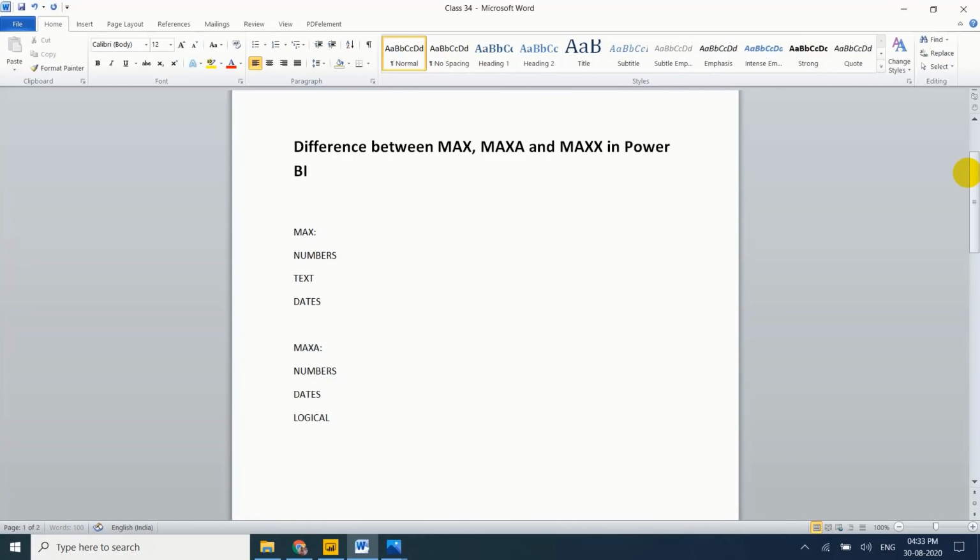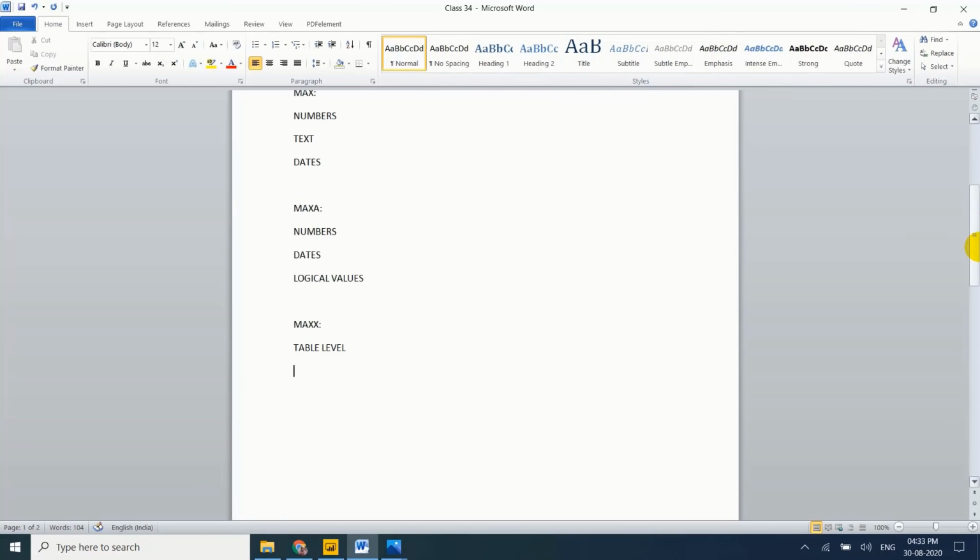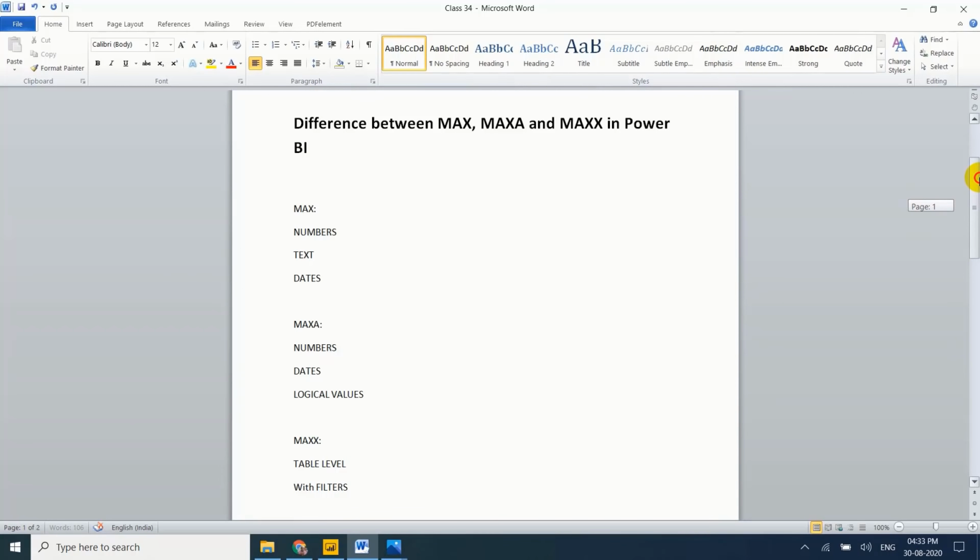Okay, it will work for logical values. And MAXX works like MAX and MAXA at column level, and we can declare it with the filters. These are the main differences. Please note this. These are very important points for interviews also, and also for real-time scenarios.